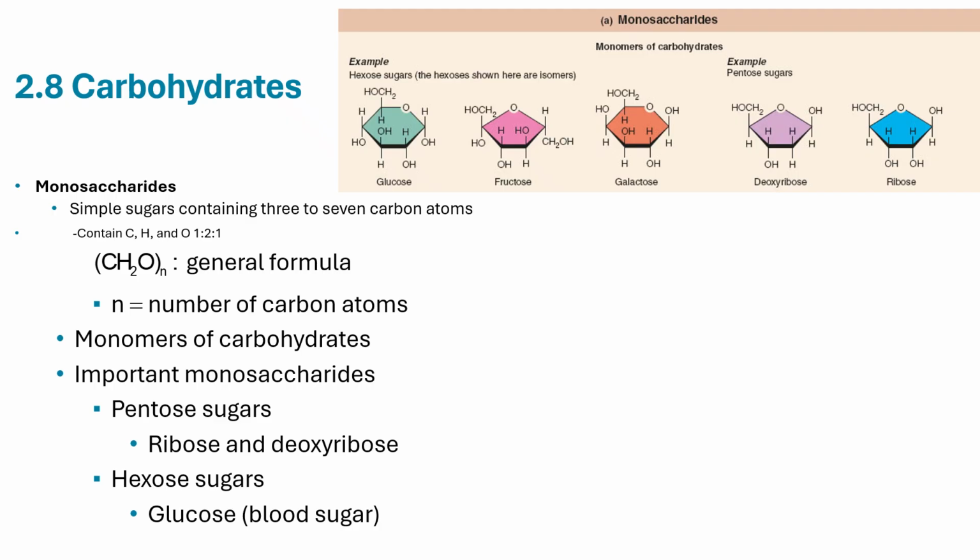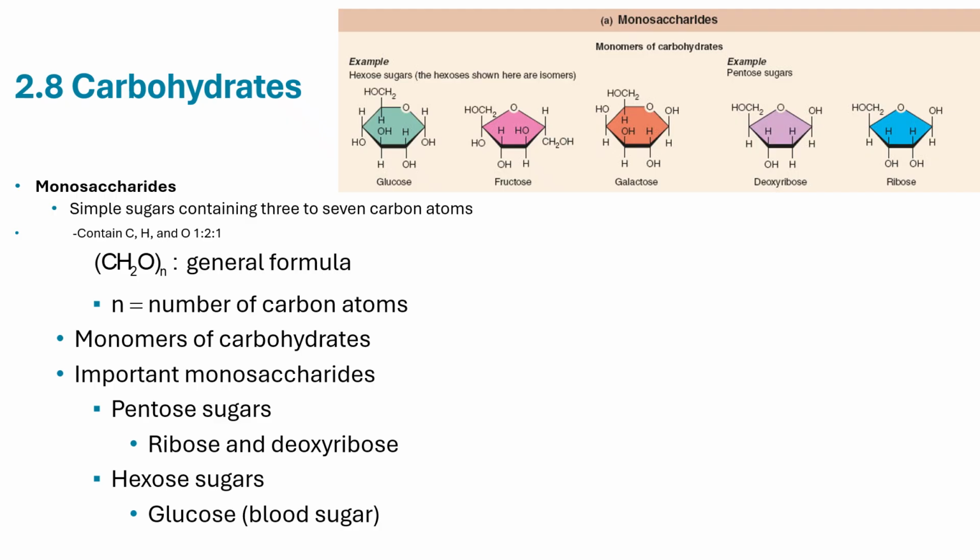All right, and monosaccharides always contain carbon, hydrogen, and oxygen in a 1 to 2 to 1 ratio. So like glucose, we know is C6H12O6. So we have 6 carbons, 12 hydrogens, okay, if you count them all up, there will be 12, and 6 oxygens. So they always have that general formula of a 1 to 2 to 1 ratio.